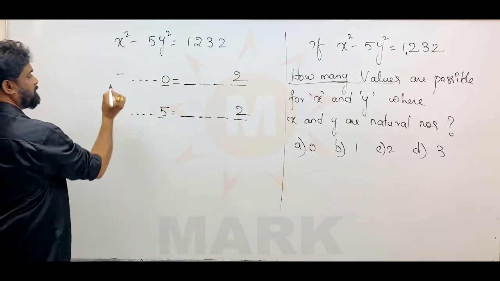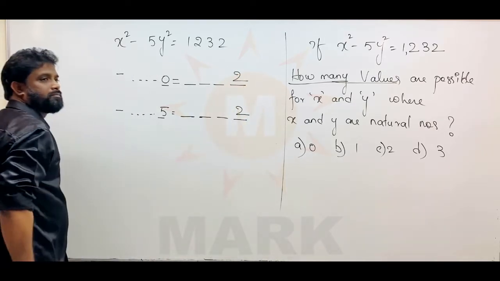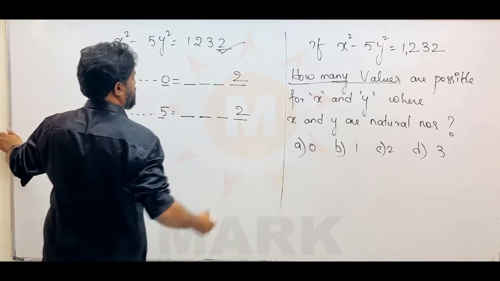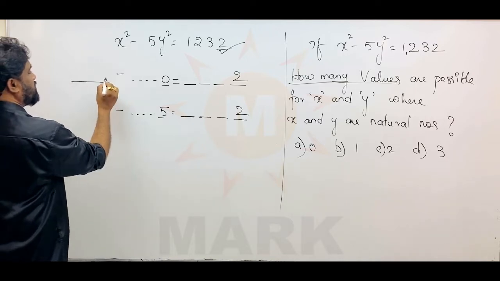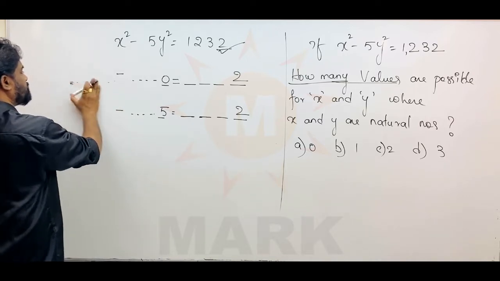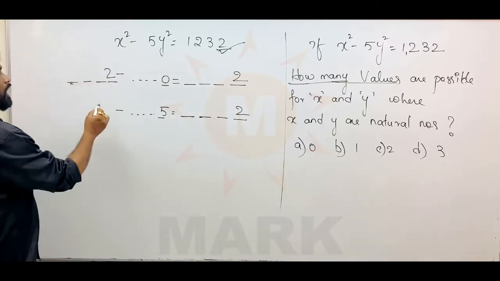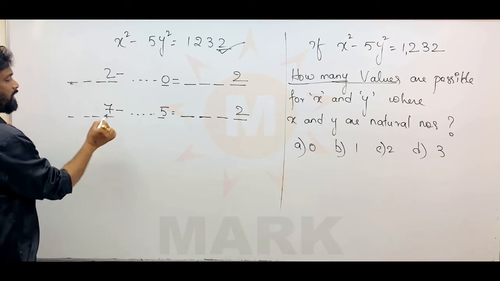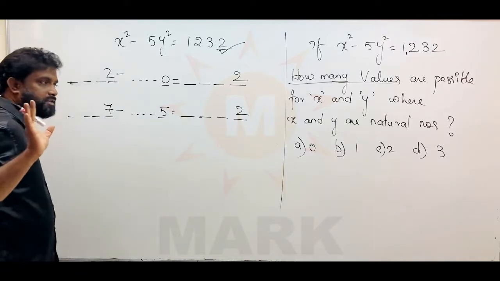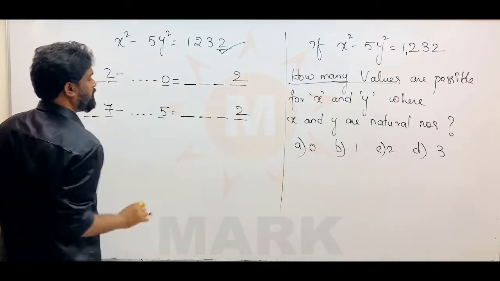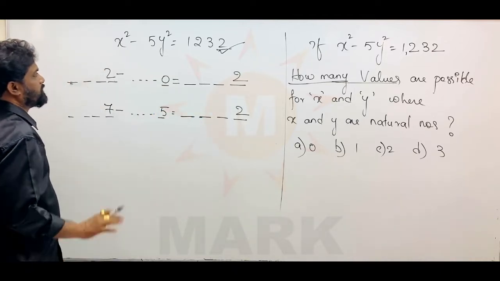Now my dear friends, here there is a minus symbol, and in the result there is only one number in the last place, that is 2. 2 must come, there is no other way. So if it is 0 and here we have got 2, in this square number there can be 2 in the last place, because 2 minus 0 in the last place will give 2, or there can be 7 in the last place, because 7 minus 5 in the last place will give you 2. There are only two options. Either 2 minus 0 you will get 2 here, or 7 minus 5 you will get 2 here. There are only two chances. So this is the way it goes.